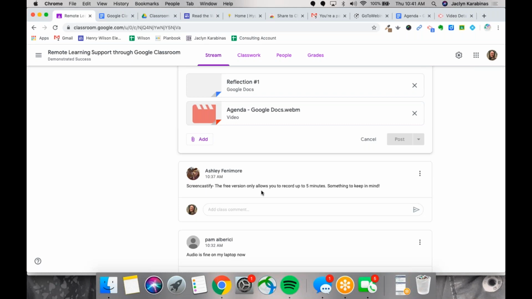So someone said Screencastify only allows you to record up to 5 minutes. That is true. You will find that keeping things short, sweet, and succinct for students, 5 minutes will be enough time. Any longer,